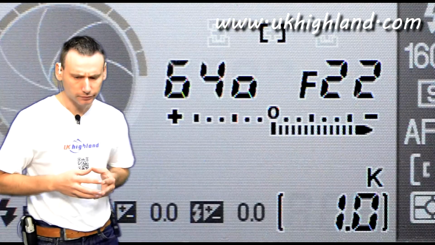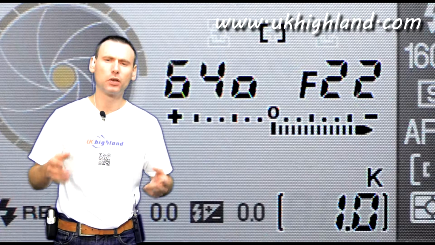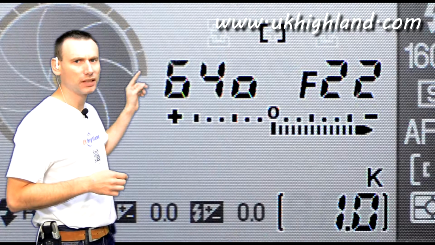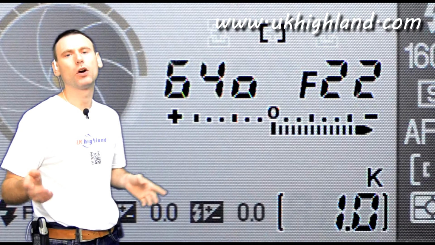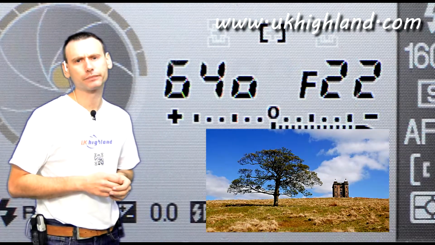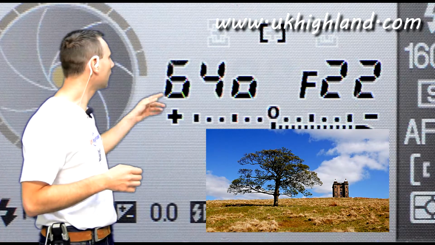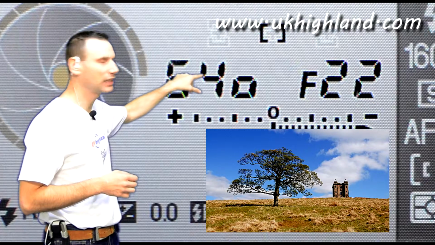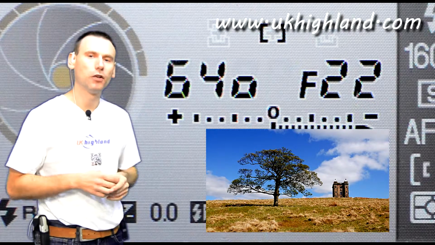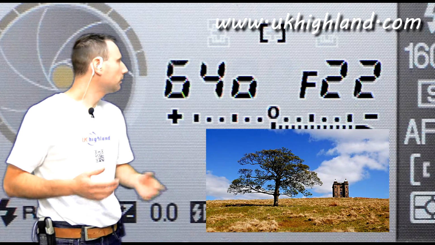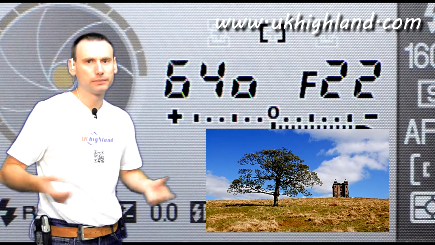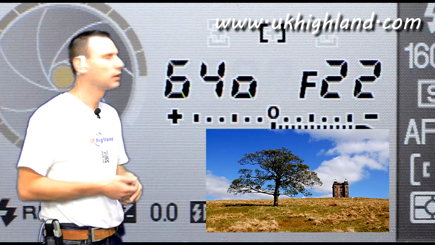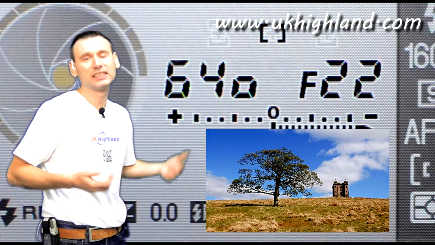If all this sounds confusing to you, then don't worry, because if you look at the screen behind me, I'm going to demonstrate to you how shutter speed works on the Nikon D40 camera. Here we can see that the Nikon D40 is telling me that the shutter speed is currently set at 640th of a second. This means that this is a fast shutter speed. So when I press the button of the camera to take the photograph, the photograph is taken at 640th